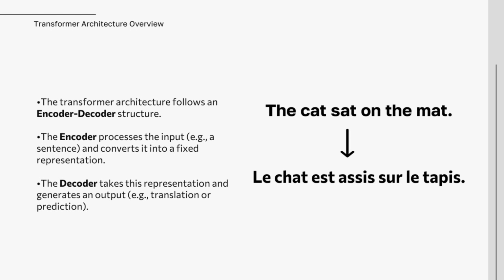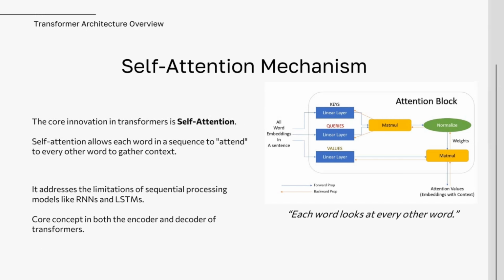generating complex data. Now that we have a grasp on how the encoder-decoder structure works, let's dive deeper into the core feature that sets transformers apart, which is the self-attention mechanism. This is where the real magic happens, allowing transformers to handle complex relationships between words in a way that older models couldn't. At the core of the transformer model is the self-attention mechanism, which fundamentally changes how we process sequences